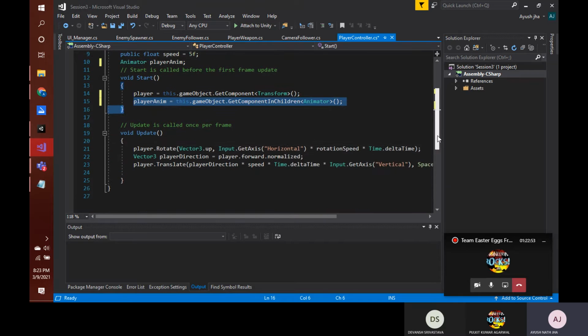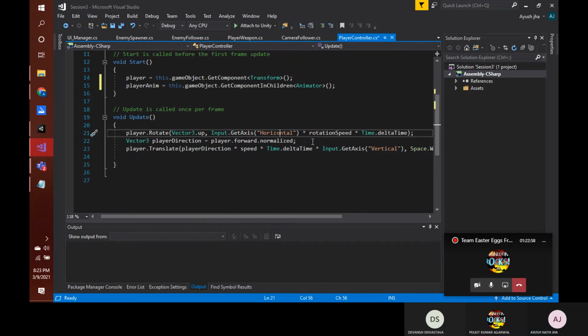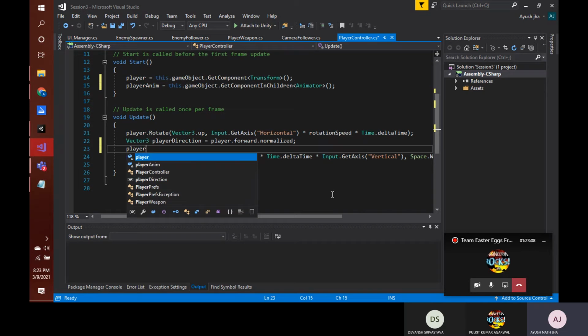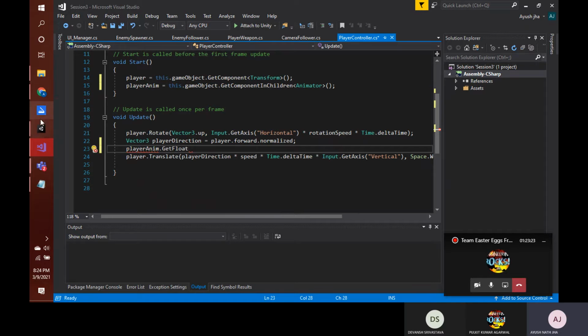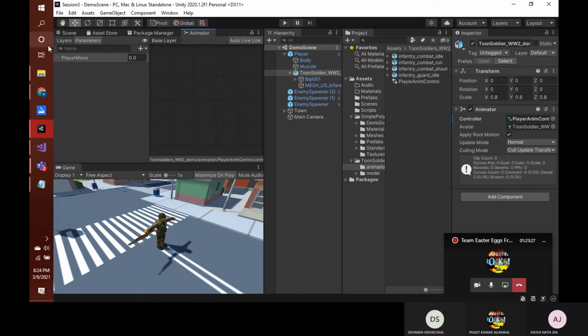It will be stored here. Okay, and now simply we'll go here, and here what we have to do is update the value. We simply have to get the instance that we saved, playerAnim dot, and see, we have here GetBool, GetFloat, we have all sorts of values. So what is our current parameter? Our current parameter is of float type, right?